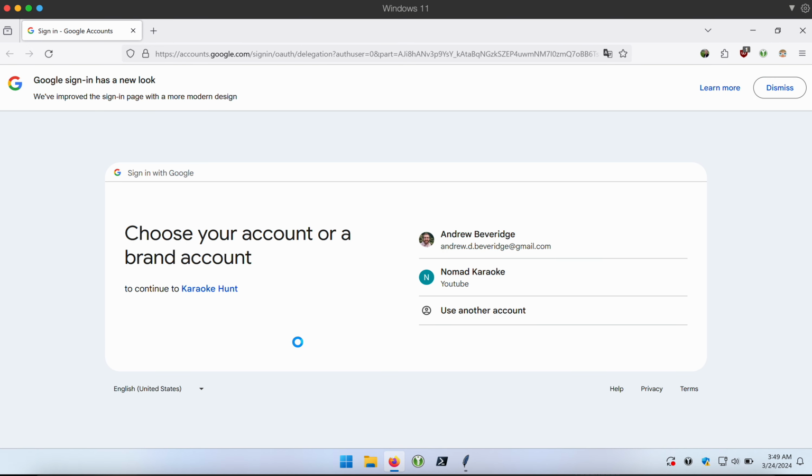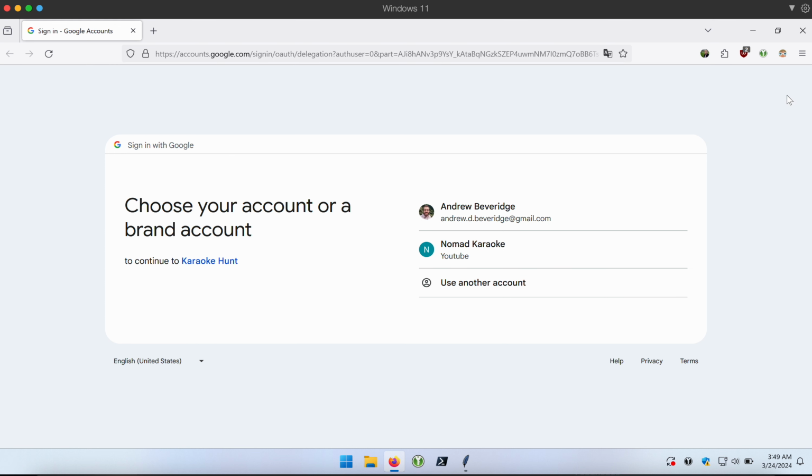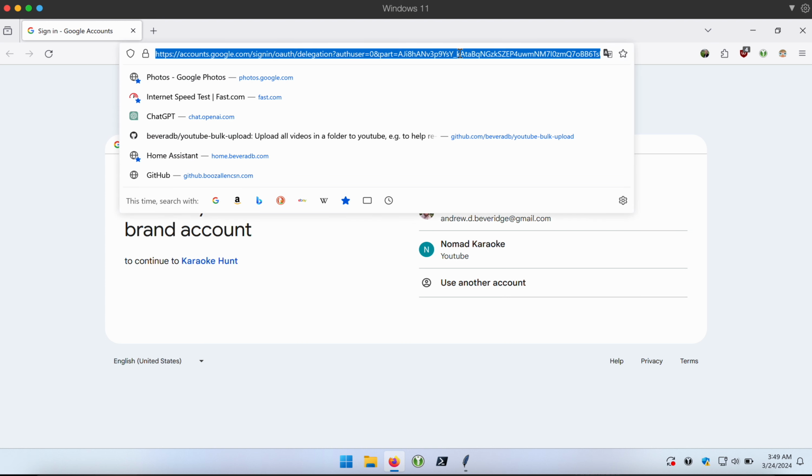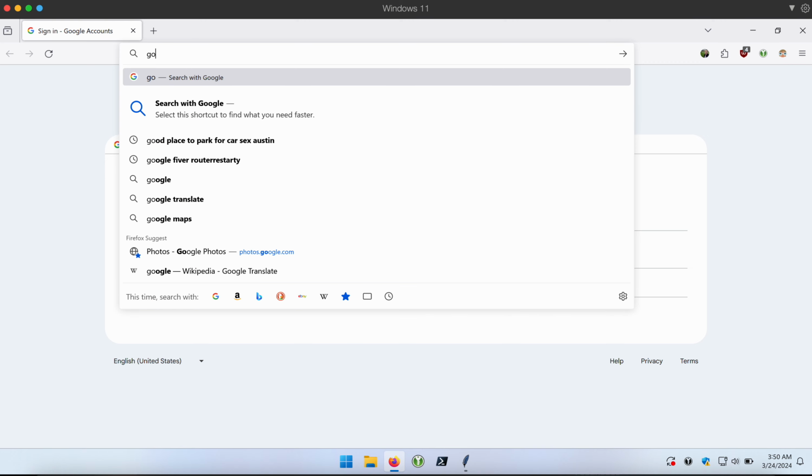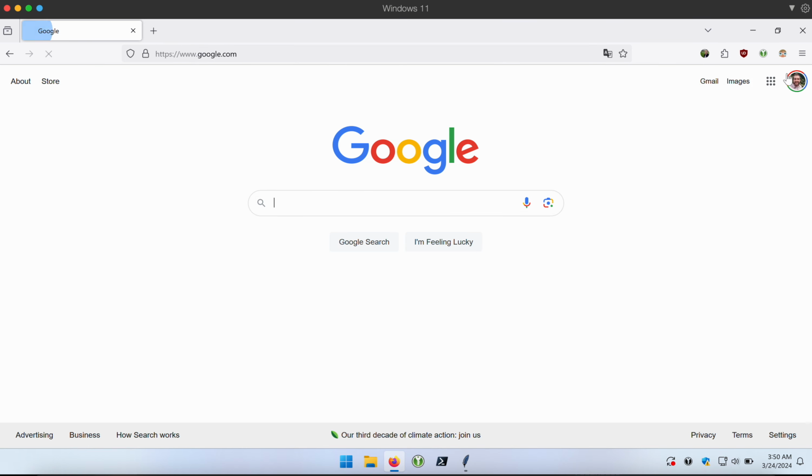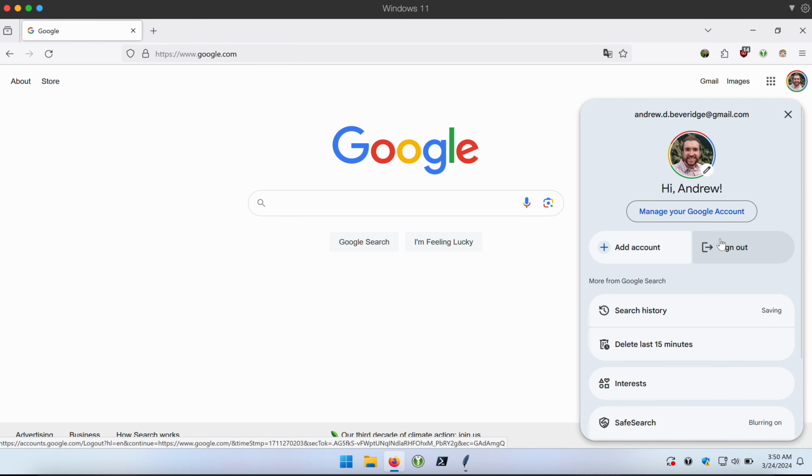Here we go, right. So now when I clicked run, you'll see it's popped up a web browser window. And this will ask you to sign into your Google account if you aren't already logged into one. I already am logged into one here. Actually, I'll show you what that looks like. Let me see if I can sign out of Google first. So if I log out,